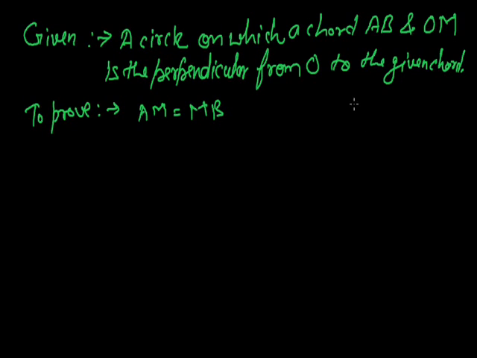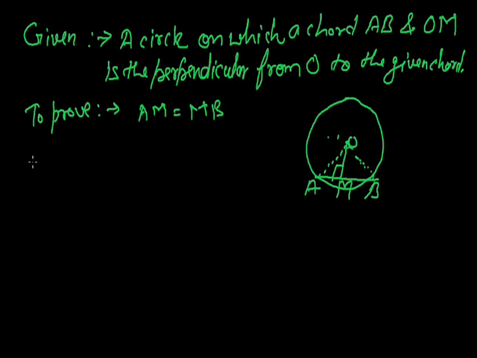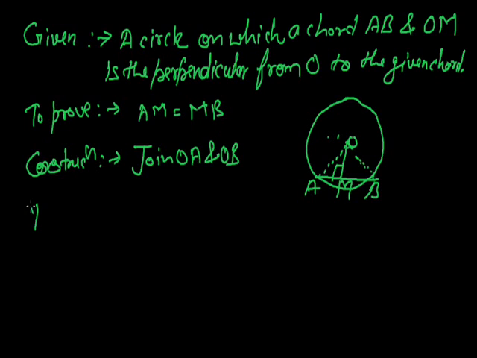We have to construct something. Let us first draw the diagram of the given problem. Now we will construct two radii that will join OA and OB. Now in proof